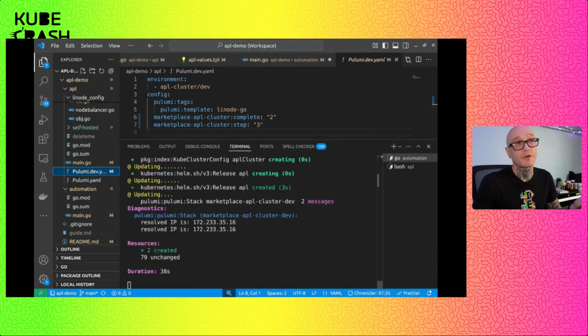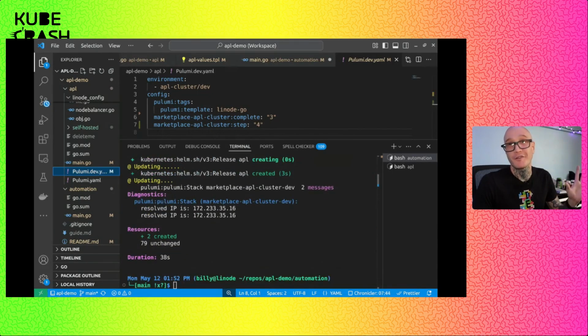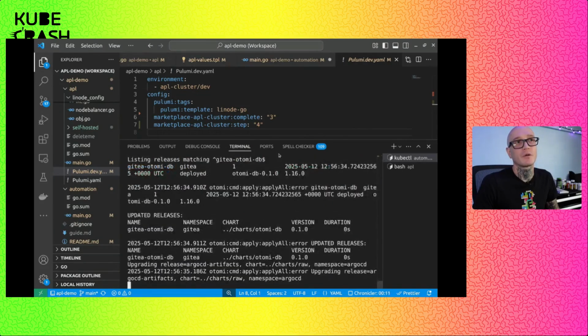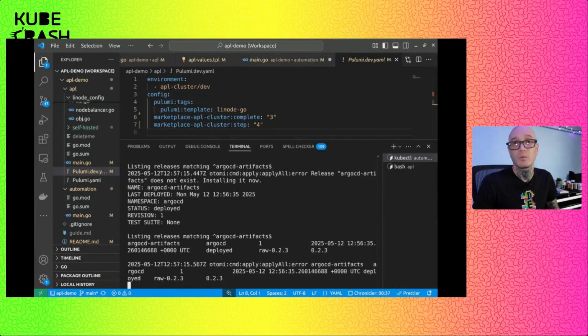Now, once this is done, the job is over as far as Pulumi is concerned. This is all that I've asked it to do. I could make it hang out for longer to see the deployment end of the chart, but then we're subject to timeouts and other things. Pulumi's job is done here. If I actually want to see the APL job, the chart deploying, which can take 5 to 10 minutes to do so, you can just follow that APL job in the default namespace and watch it all unfold in real time.